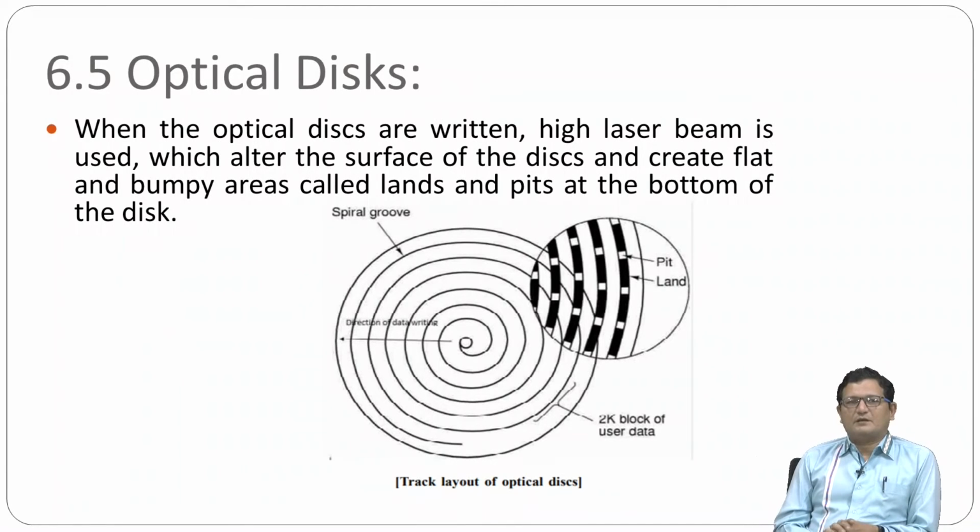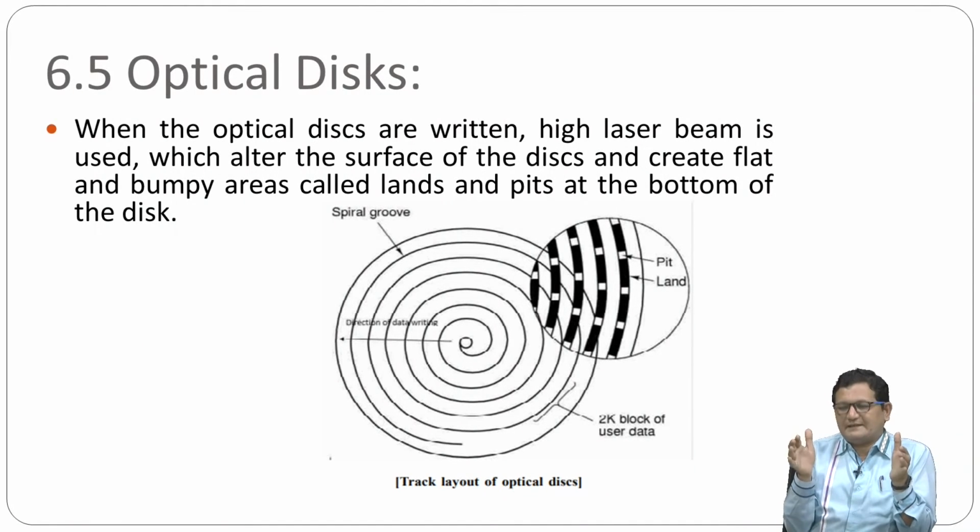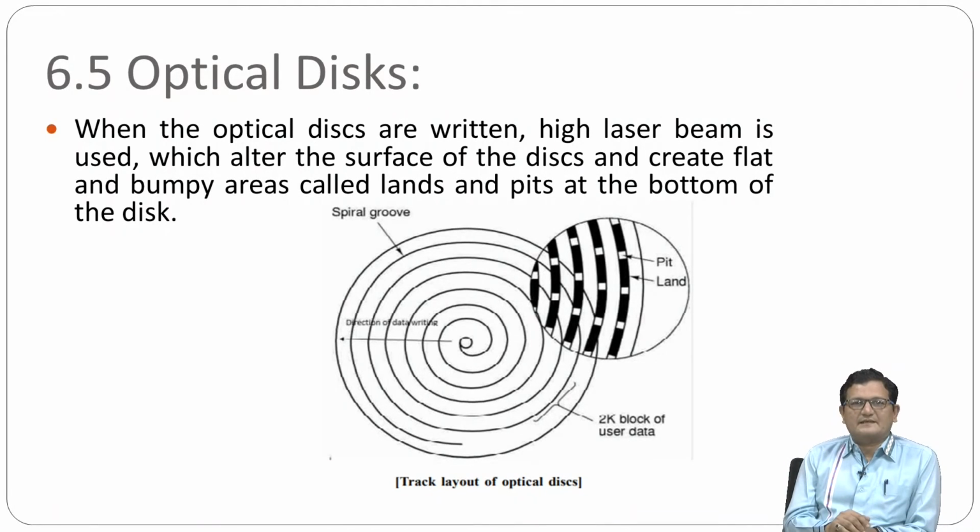Now when we talk about optical disk, there is only one track. In the case of a hard disk we have a platter, and that platter has small concentric circles, and those circles are known as tracks. In a hard disk there are many tracks, but in an optical disk there is only one track, and that track is a long spiral track. As you can see here, certain surfaces are plane, certain surfaces are burnt, and those are called pit and land. Pit and land represent 1s and 0s.